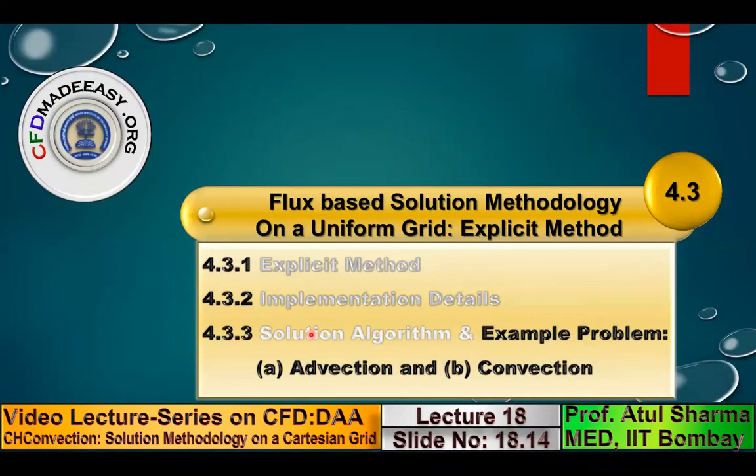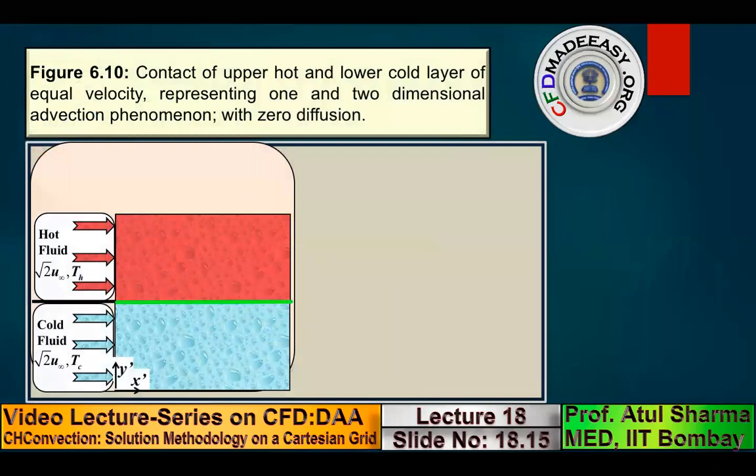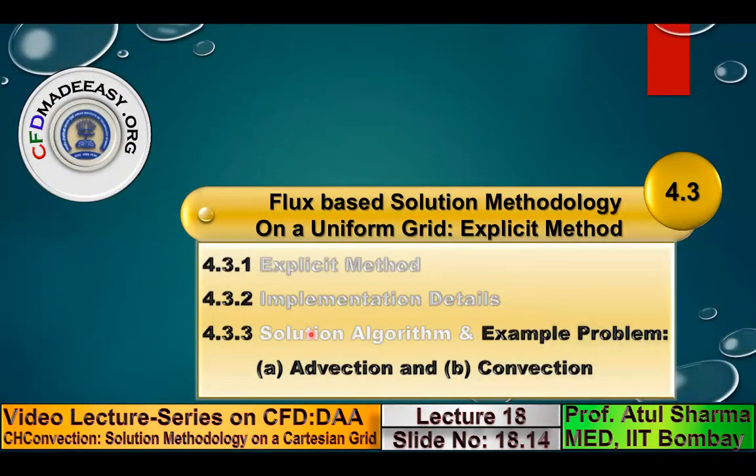Although this topic is on convection, convection is made up of conduction plus advection. The companion book presents separate chapters on advection and convection, whereas this video lecture presents it as a single topic. So I am presenting the example problem separately for pure advection and convection. Whenever you talk of any product development, it's always component by component development. So you can consider conduction as the first component and advection as the second component. And when you combine these two components, you get a third component, which is called convection.